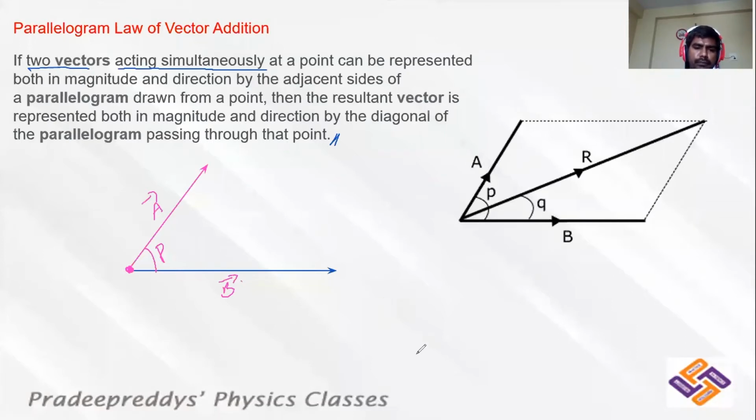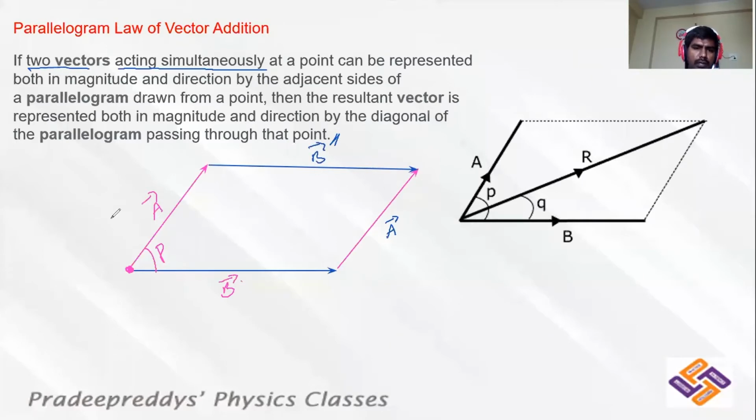Let me show you. Now you have two adjacent sides of the parallelogram. In order to construct a parallelogram, you should draw A bar and B bar, and the other two sides also need to be drawn in order to complete the parallelogram. I'll do that first. This is one vector and the other vector is B bar. A bar and B bar, I have drawn again. This is A bar and this is B bar. Now we have constructed a parallelogram.